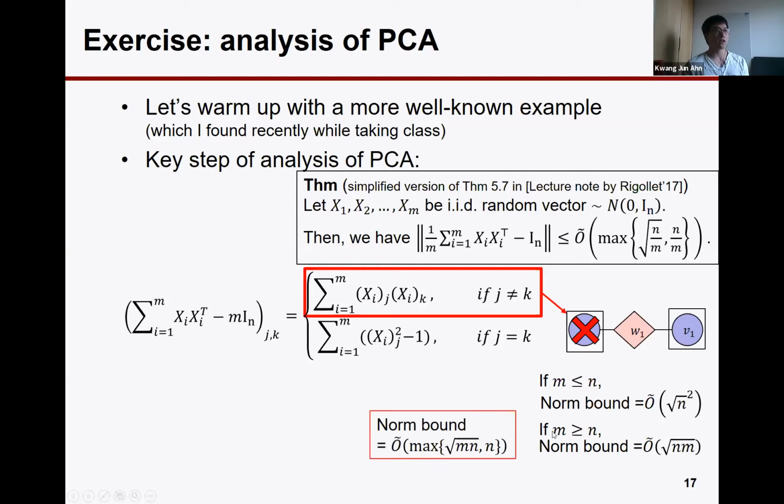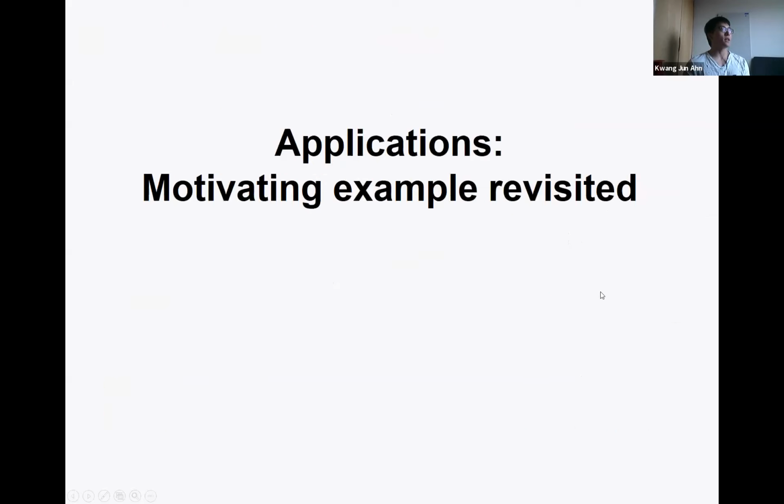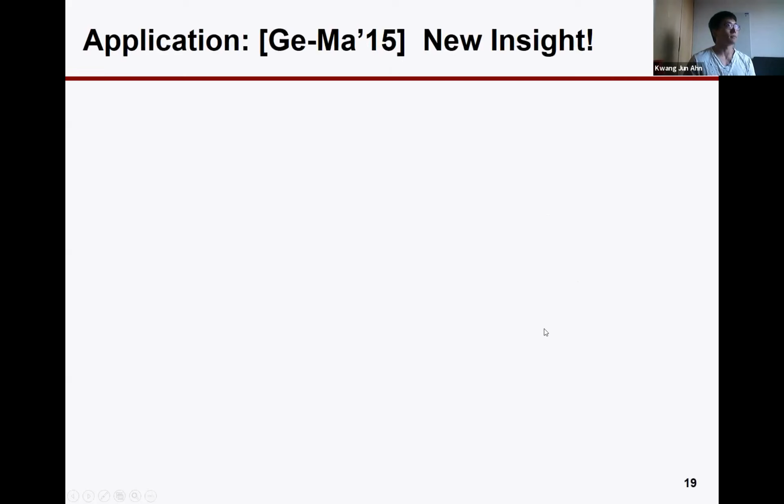So putting this together, the neat expression for this will be just the maximum of these 2. And it turns out the off-diagonal part can also be similarly captured by a graph matrix and gives the negligible term. So this is the norm bound. Putting back the normalization, you exactly recover this conventional result. So this is a warm-up. Okay, let me then revisit the motivating example.